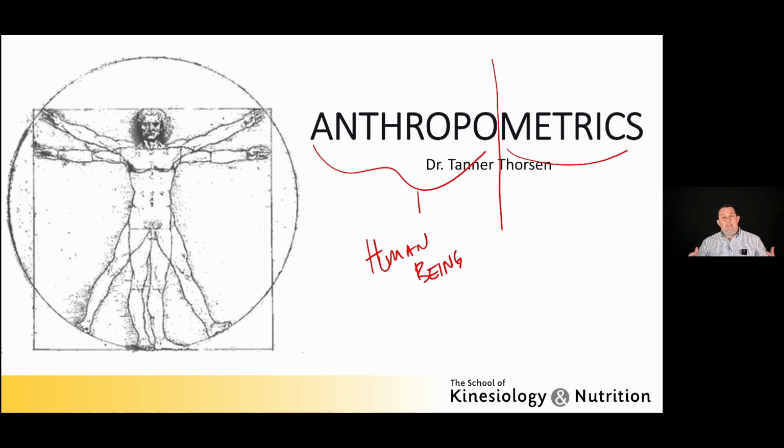And these can be basically anything, right? They can be mass measurements, like you record your mass or your weight. They could be height, but even more so, they can be broken down into segmental anthropometrics, right? So, what's the length of your arm or your leg? What's the circumference of those things? Understanding how these measurements are determined and what effect they have is a pretty important part of our field.